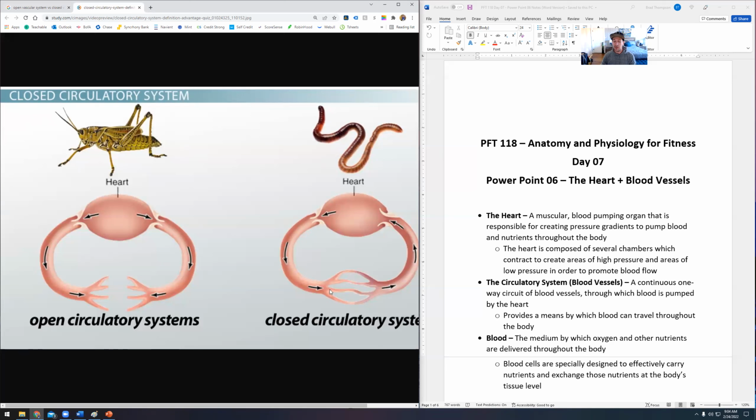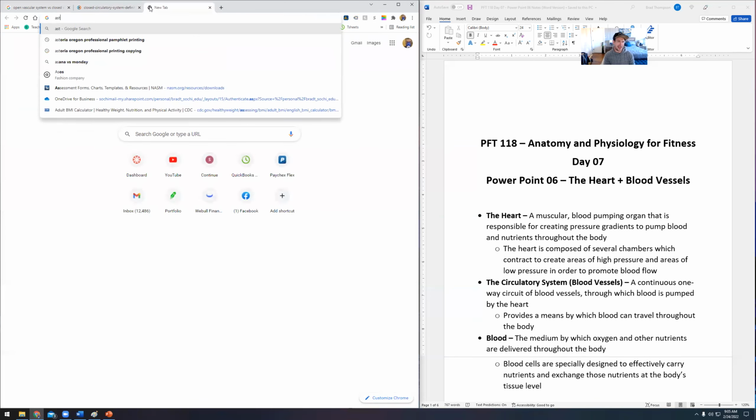The problem with a closed circulatory system is that, unfortunately, if you are moving at super high velocities, your blood will pool in one spot and then it can't get to your brain anymore. So what will often happen is you'll pass out. And this is why you see, I don't know what the thing is called, but the astronaut